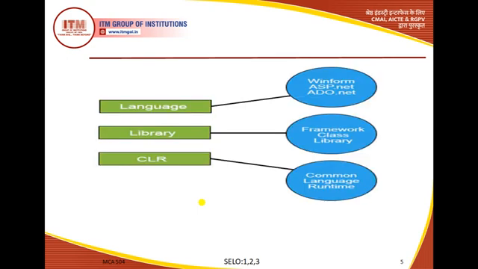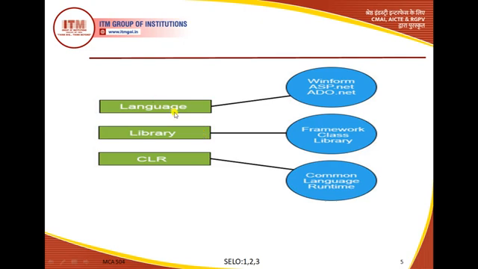This diagram depicts the three areas of the .NET Framework architecture, category wise. This is the CLR, the Common Language Runtime. Then the library means the whole framework's class library, because several different languages are used here: C#, J#, VB.NET, etc. To provide interoperability between these, since they are running on a common platform or framework, we cannot say that this library is intended for C#.NET only, or for VB.NET only. No, it's not that. This is a whole framework class library, and that's why it's called the framework class library.